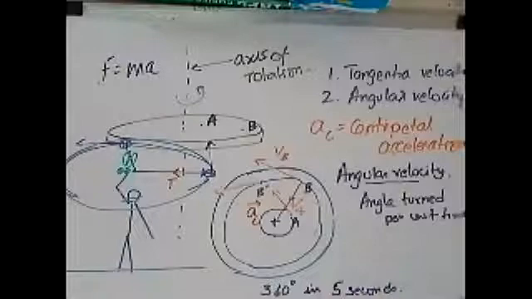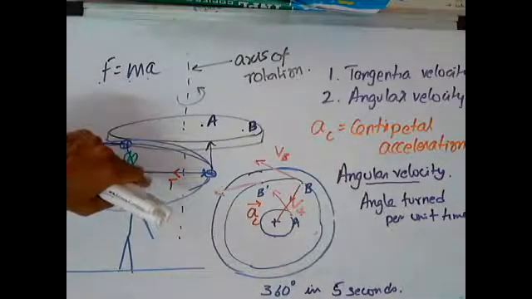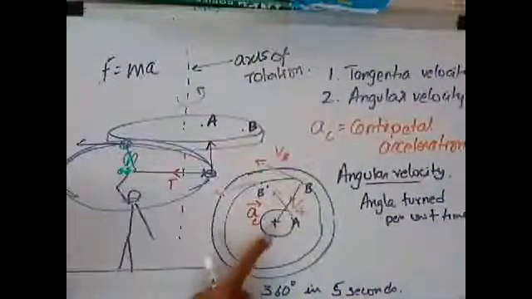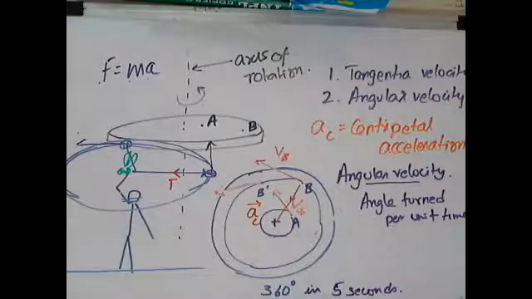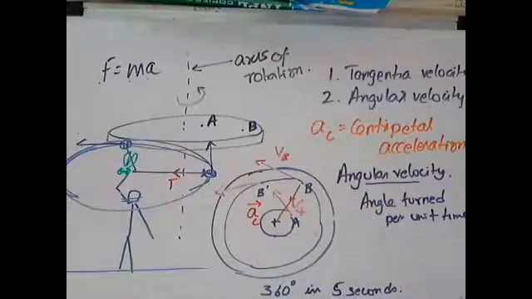Okay, and the force that causes this centripetal acceleration, in this case it is the tension, in this case it could be the polymer bonds or the metallic bonds. When you are running on a circular track in a park or in a field or a running track, then the centripetal force will be,